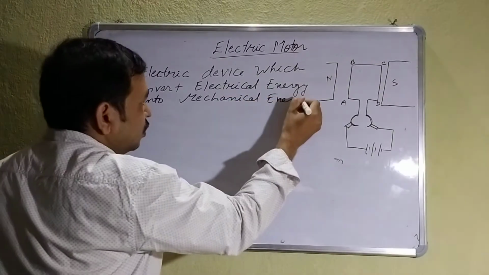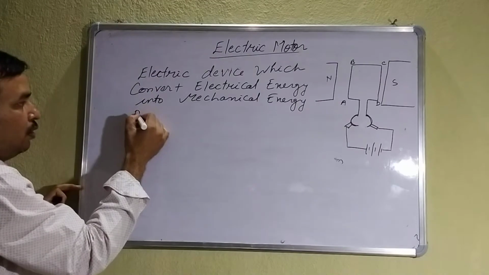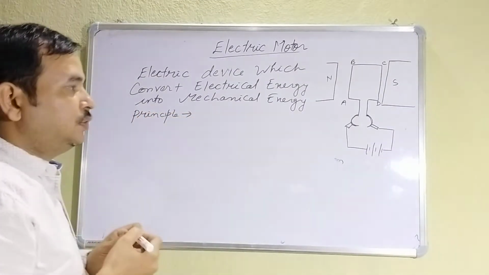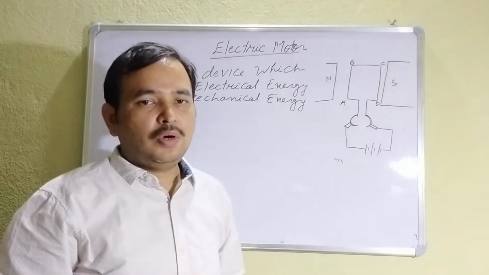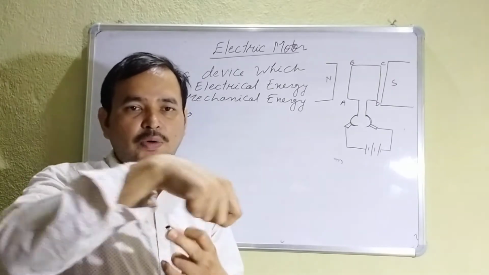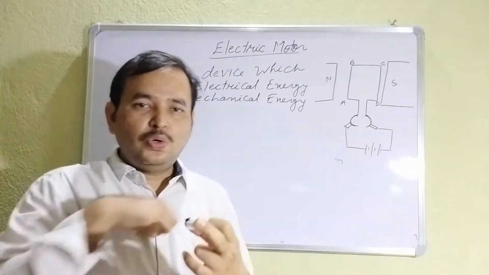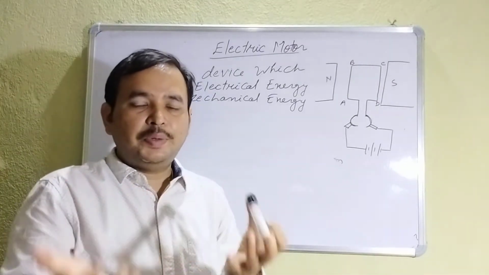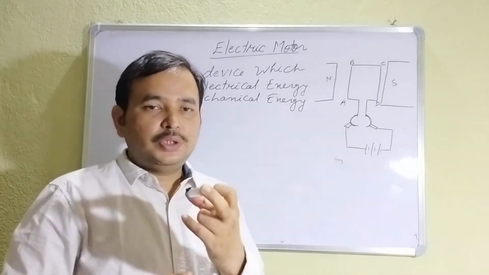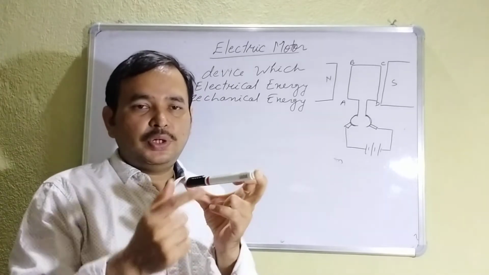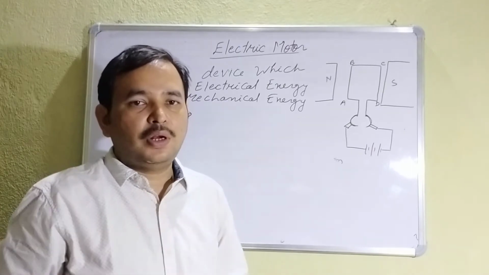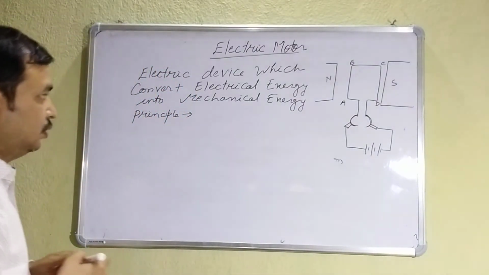Now, what is the principle on which it is based? There is a soft iron core, and you wind some copper wire around it, so you generate a coil. It may be circular or rectangular, according to the type of coil you want. If you wind a conductor around this type of core, you will get a rectangular coil. Clear? That is the armature.